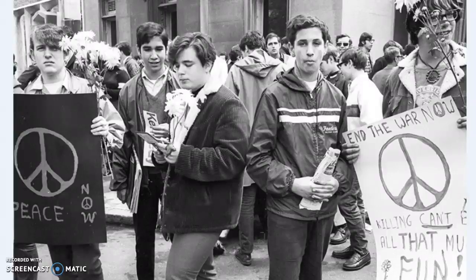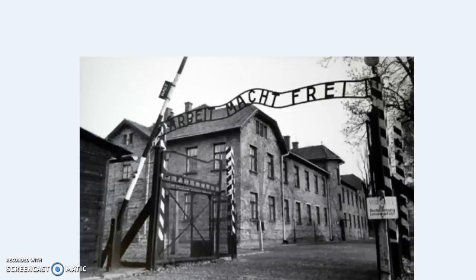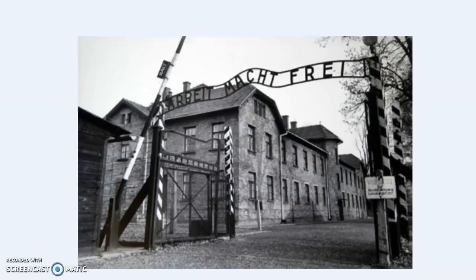And then we're going to take a look at how people have different points of view. You're all in the same grade, you all go to the same school, you do a lot of the similar things, but you have different points of view. This picture right here, completely different point of view depending on who you are in the class and what your knowledge of history is. Across the top, it says Arbeit macht frei, which means work makes free.